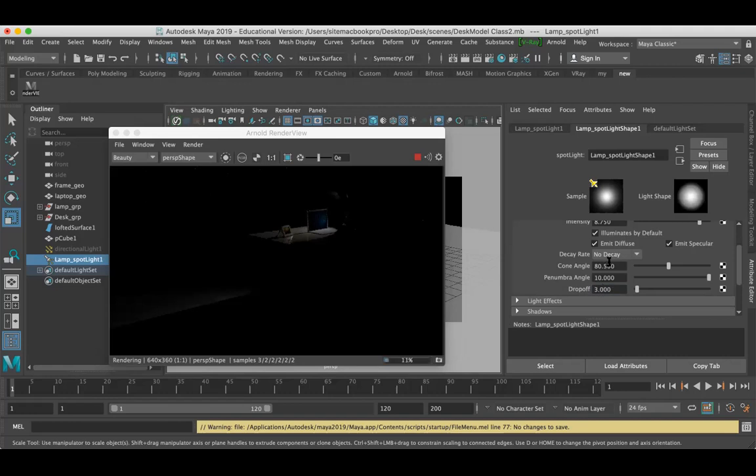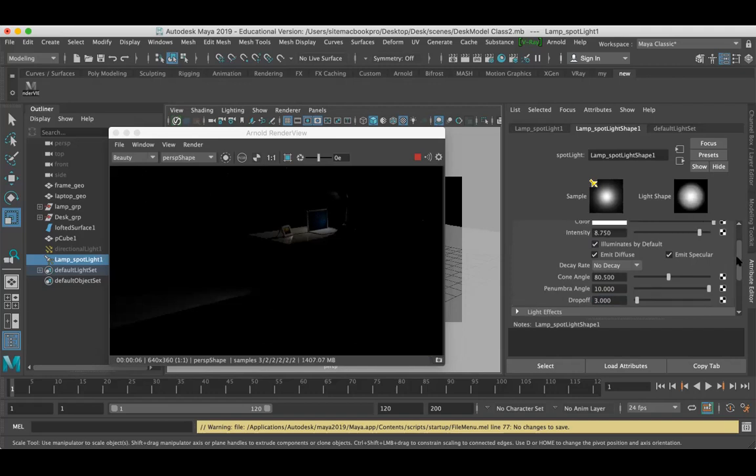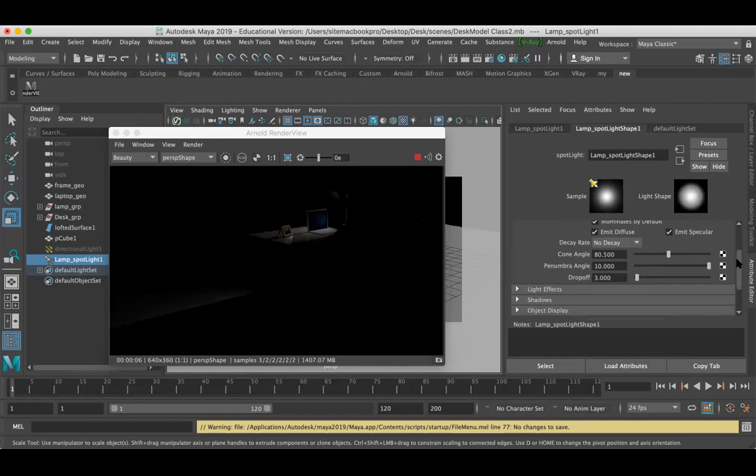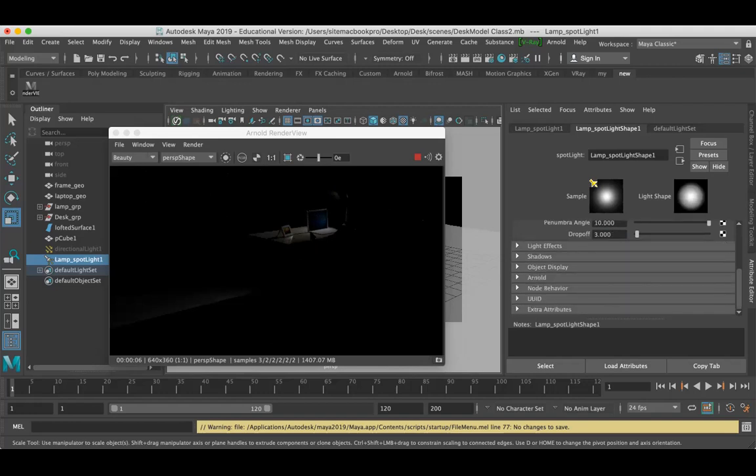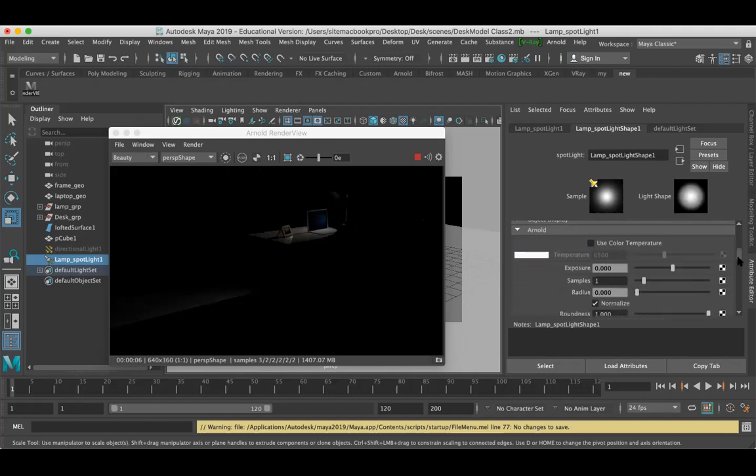And in the intensity, we have added 8.7. And in the light temperature, this is a white color. We don't find white color in a night lamp, so it will be a little bit of warm color, right? So just enable the color temperature.